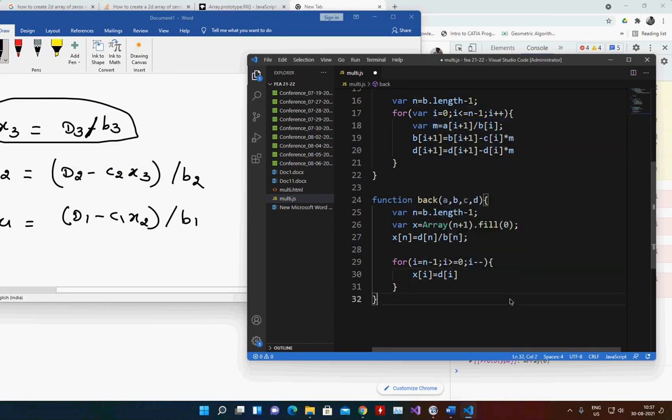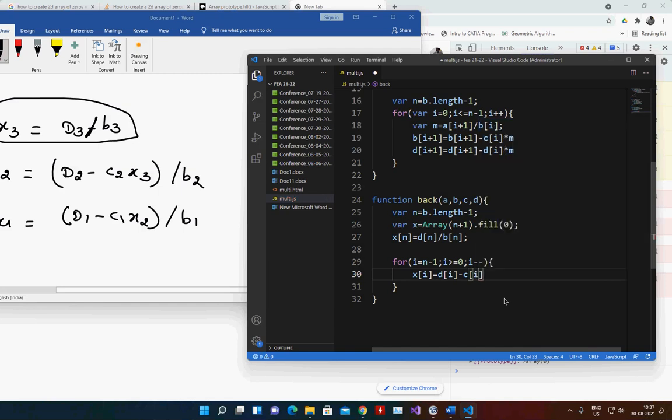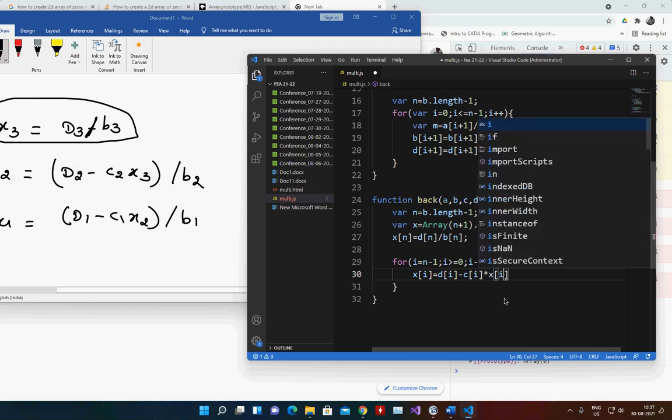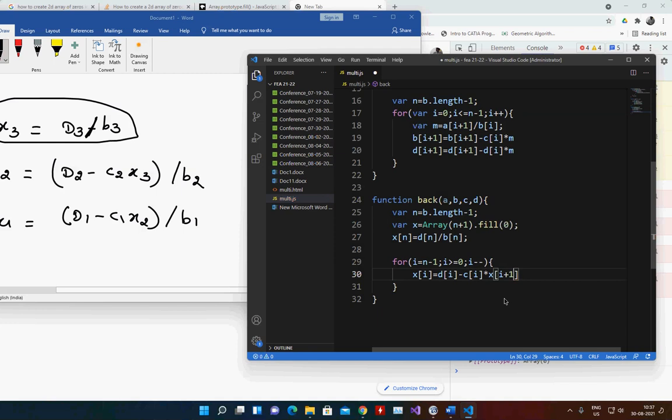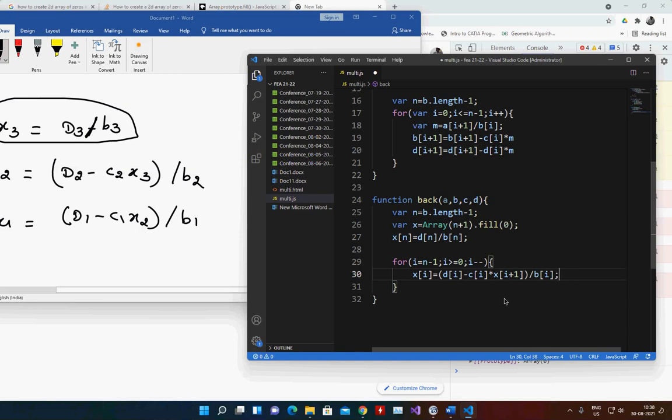It is i, where i is the second last element, d of i minus c of i into x of i plus 1. Finally this has to be divided by b of i. This one single line will give you all x values. That is the logic of back substitution.